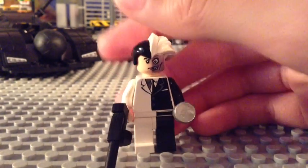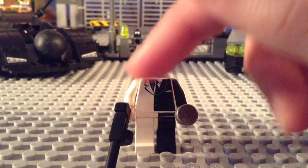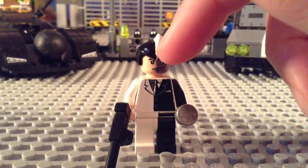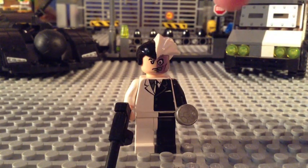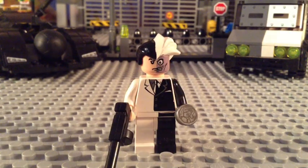One side is white, one side is black, and his tie is white on this side and black on this side, but the little shirt under his vest is black on this side and white on this side. I guess they just did that because he's supposed to be like that, and maybe it would have looked a little bit weird and plain if they made this side black and that side white. So, yeah. And his legs are pretty much the same way. One side's white, one side's...